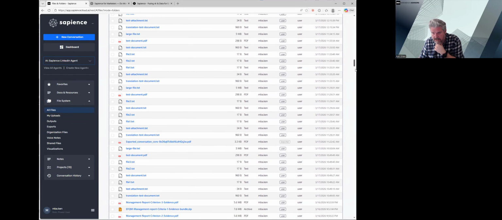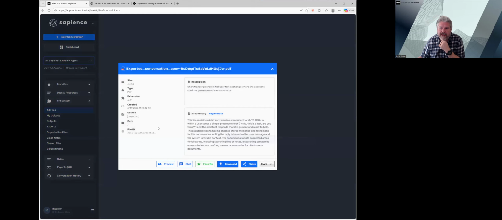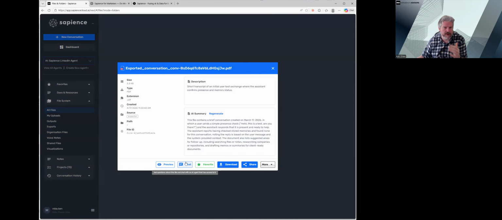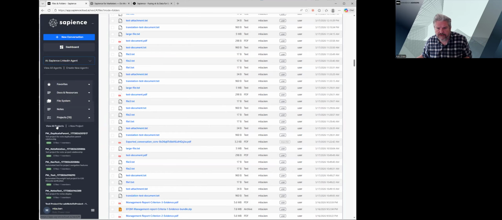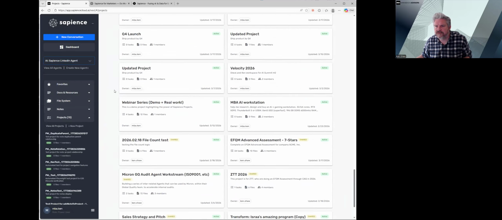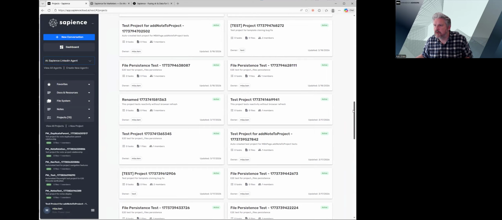In fact, you can actually chat with any file. So imagine you upload a complex contract. You can then chat with the contract, right? So any file uploaded to Sapience, and we have a desktop app that's just like Dropbox. You can run Sapience on Windows and Mac, and it literally replaces Dropbox. So any file, it's sort of instant RAG for those of you who are technically oriented, but more importantly, thousands of files. But I want to show you projects because we're starting to run out of time.